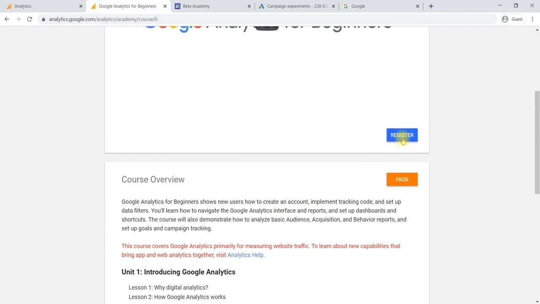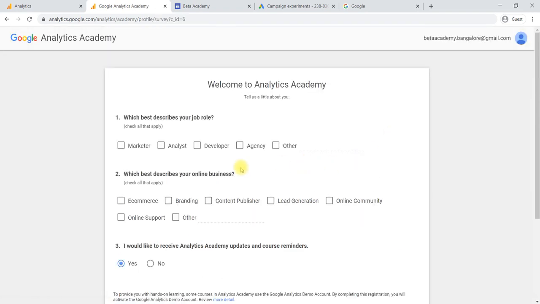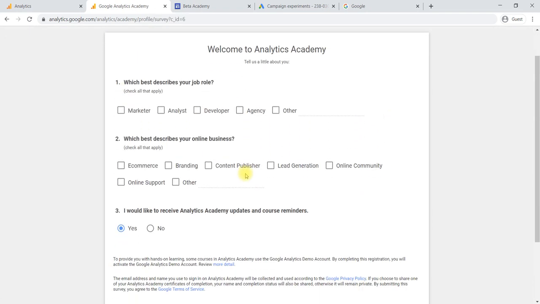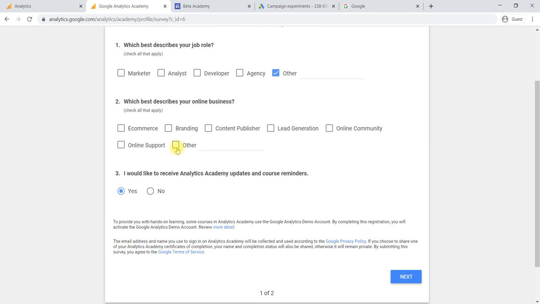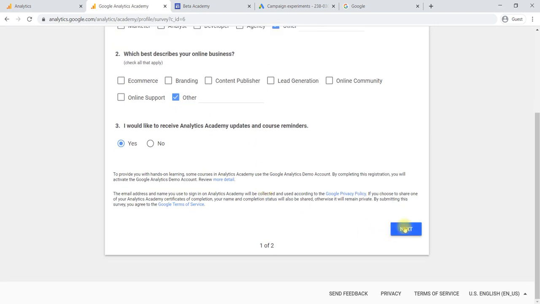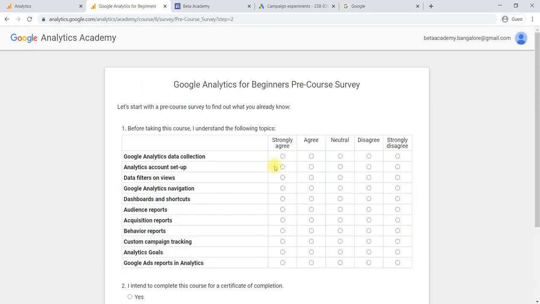If you select register, it will ask some questions like describe your job role. Are you a student? You can give your job role and say next. Then it will ask some more questions. You can select the proper answer.